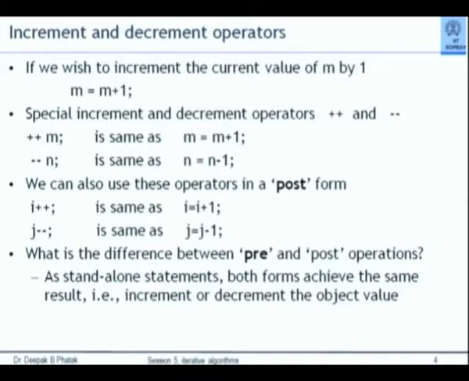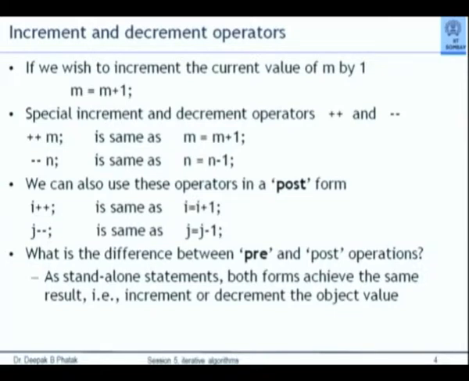We'll soon see, beginning with these lectures now, when we discuss the for and while control structures, that such increment and decrement operations are very frequently required in our programs. For that, C++ has special provision of abbreviation. These are called post-increment and pre-increment operators. So you have plus plus M. Plus plus M is same as M is equal to M plus 1. Minus minus N. This is same as N is equal to N minus 1. Is that clear? This is an abbreviation.